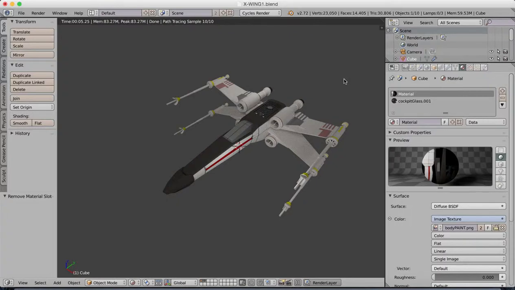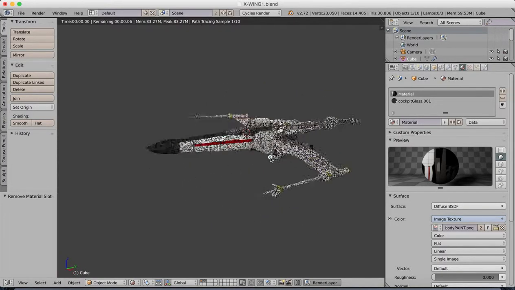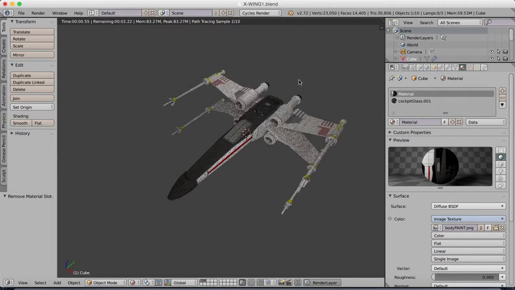Hey guys, in this tutorial I'm going to be showing you how I do some hand painting of the textures that I'm going to then be applying in Blender. This follows on from a tutorial series I did on the X-Wing, where I showed you how to model the X-Wing fighter from Star Wars, and then we went on to do some really basic texturing using Blender,